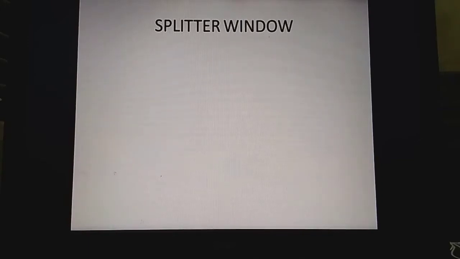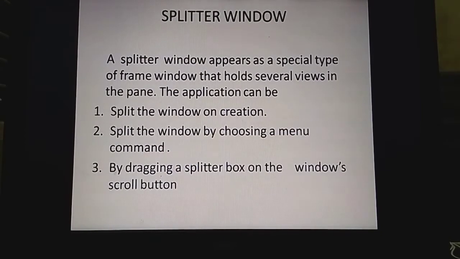Hello everyone. Now we will see the concept of splitter window. If we have used a Windows-based word processor, then it is easy to understand this particular concept called splitter window. The splitter window is a special type of frame window which holds several views in panes,